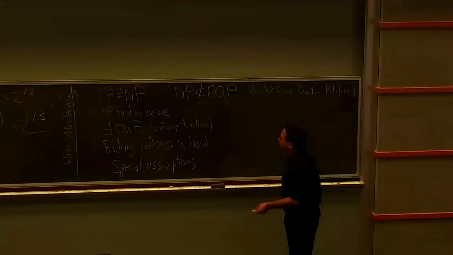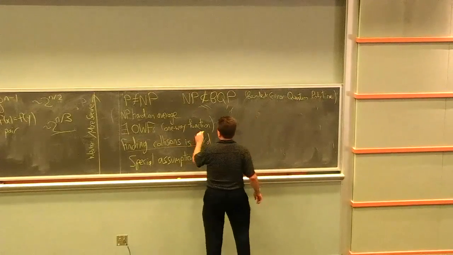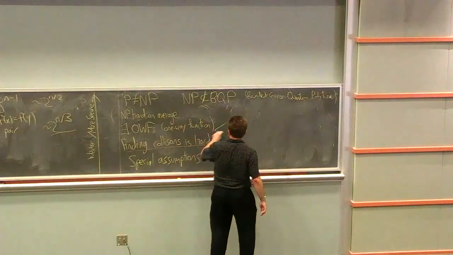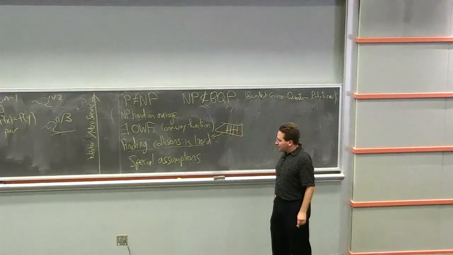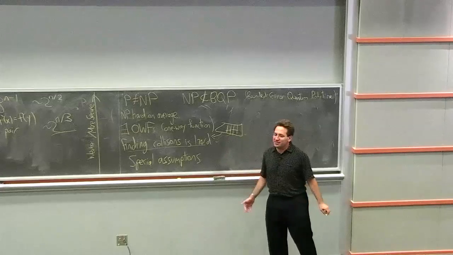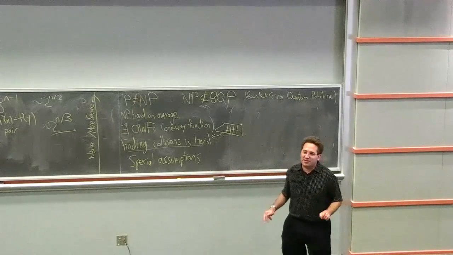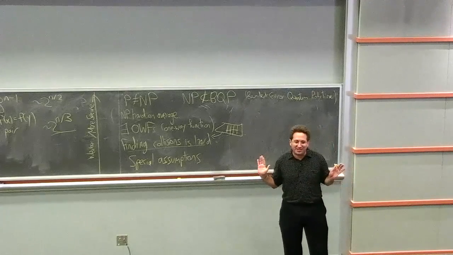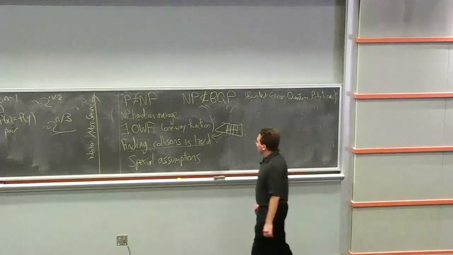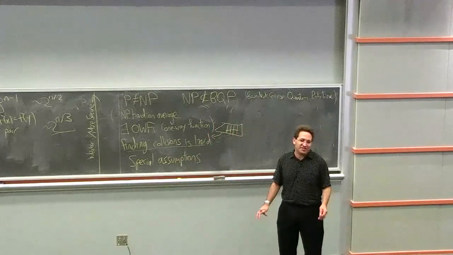Okay, so now I can summarize what can be done. Basically, what Harlow and Hayden did is that they showed that decoding the Hawking radiation is at least as hard as this finding collisions problem. They didn't state it that way. They stated it in terms of this class of problems called quantum statistical zero knowledge. But it's extremely closely related to this problem of finding collisions.